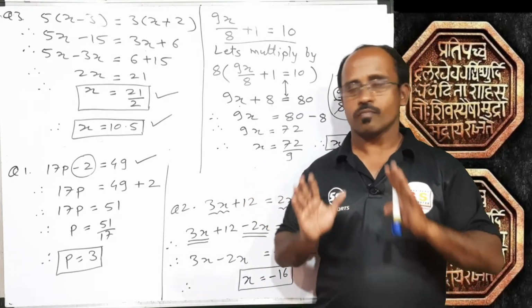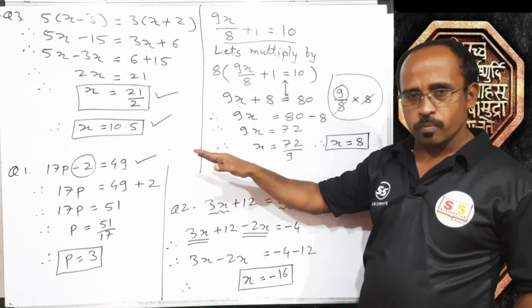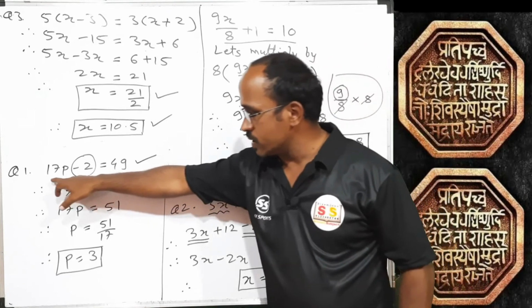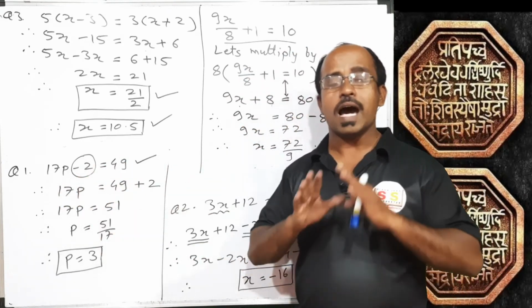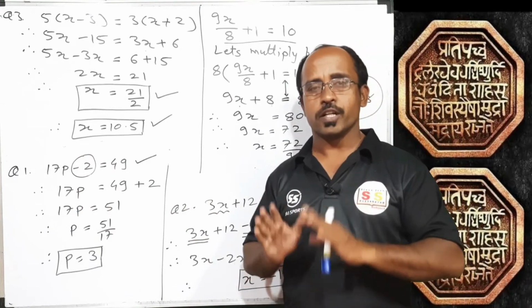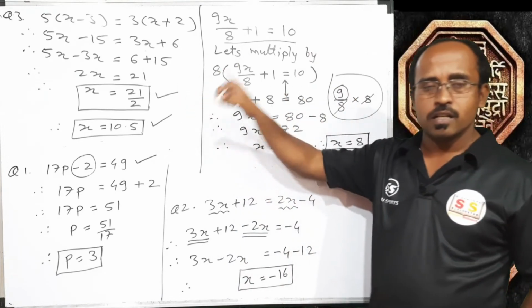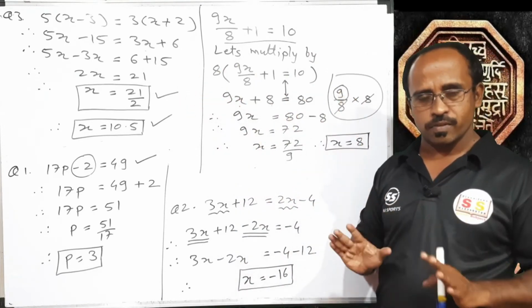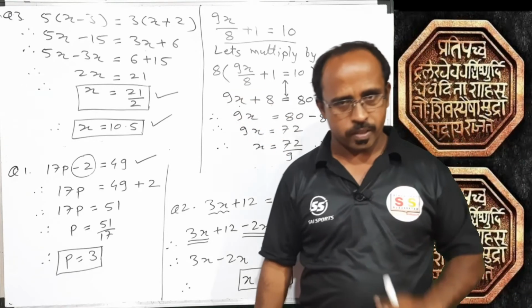Clear students? And we saw, while solving such problems, we have to convert the problems into this type of equation where one variable and a few numbers are there without denominators or brackets. So if a denominator is there, we have to multiply the whole equation by that denominator. These many things we have learned. Now let us see what if there are more than one denominators.